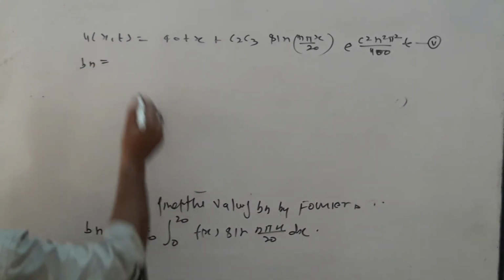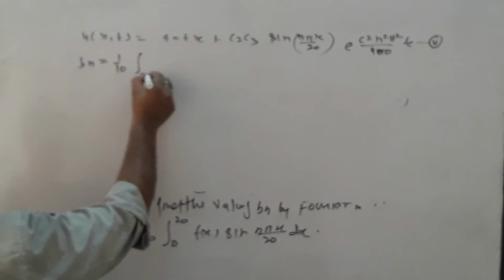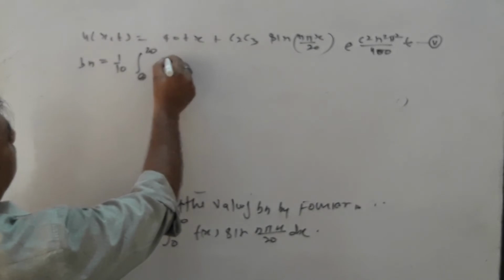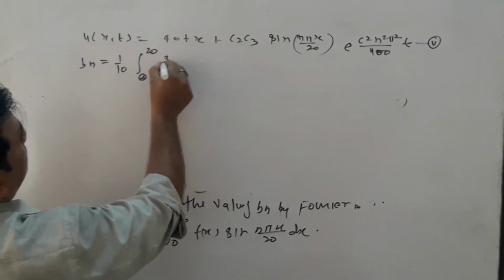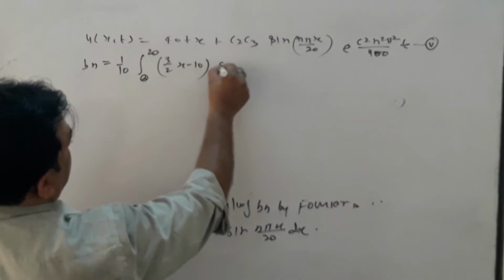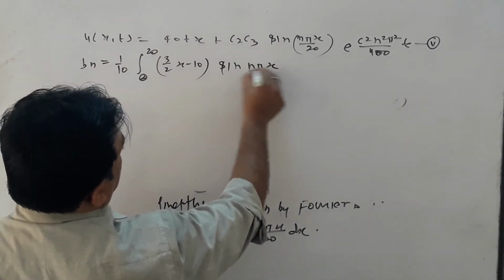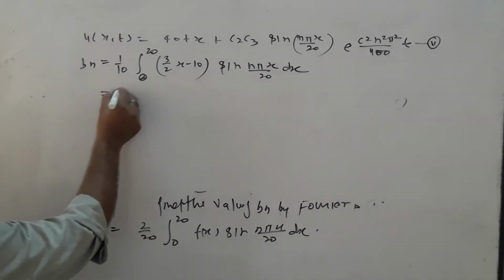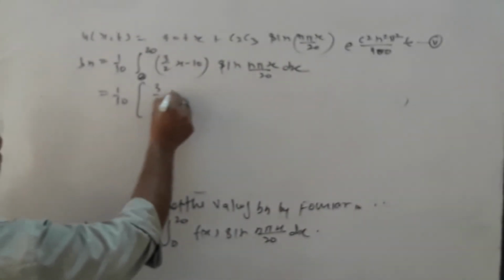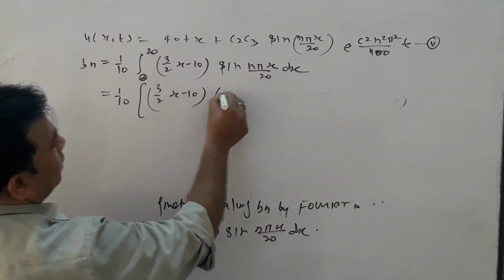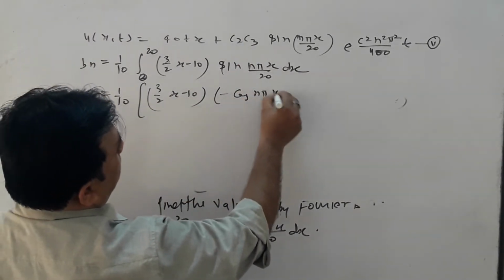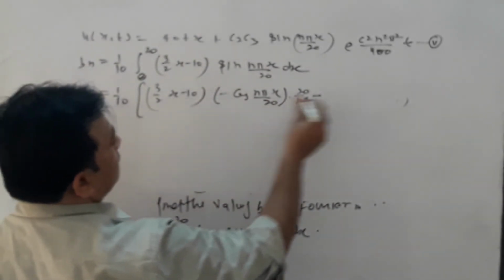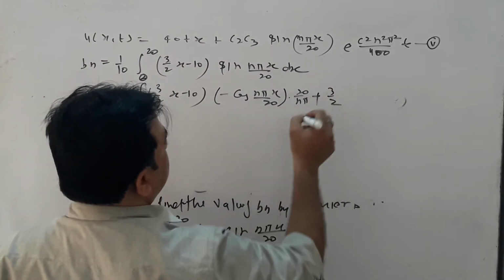So bn equals 1 by 10, integral from 0 to 20. Write the value of f(x). f(x) is 3 upon 2x minus 10, and sin of n pi x upon 20 into dx. So 1 by 10, 3 by 2x minus 10, integration of this function is minus cos n pi x upon 20 into 20 upon n pi, minus differentiation of this function, 3 by 2,